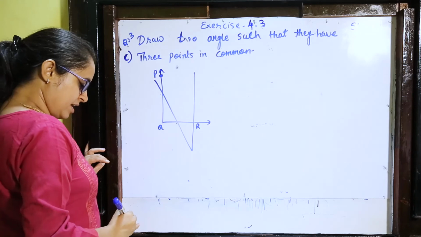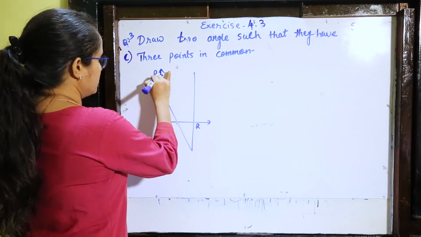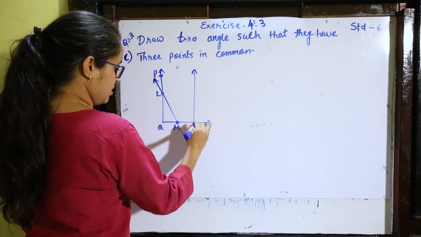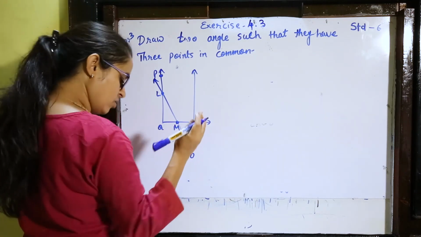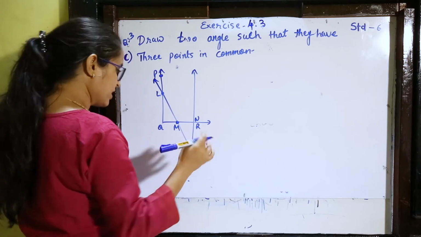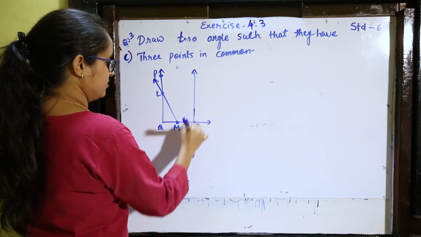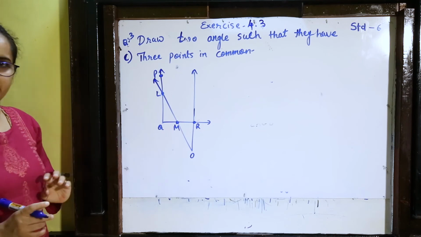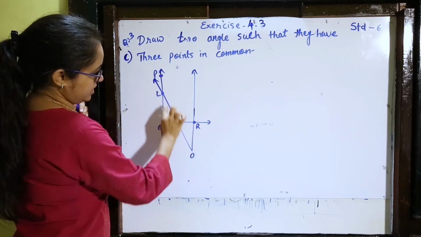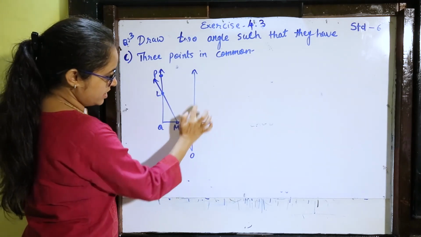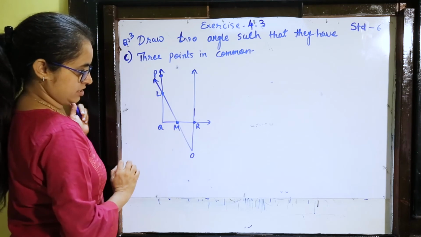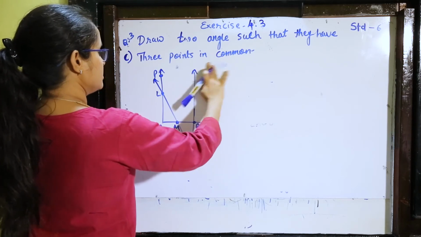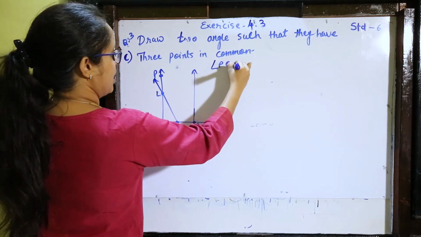PQR, and if I am drawing, this is suppose L, point L, M, O and N, or okay, R is there only, so R. So you can see L, M and R, these three points are called the common points of these two angles. How? One crosses here, this crosses this, and the other two points, this crosses this. Okay, so you draw it like this and write down, or you can say angle PQR and